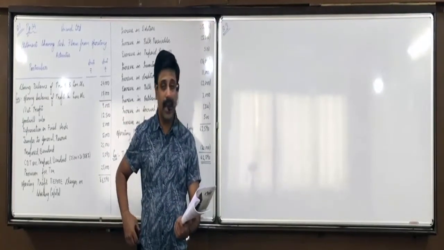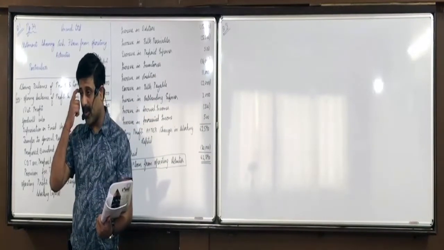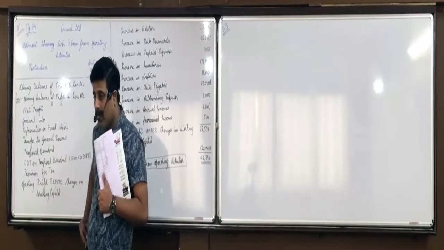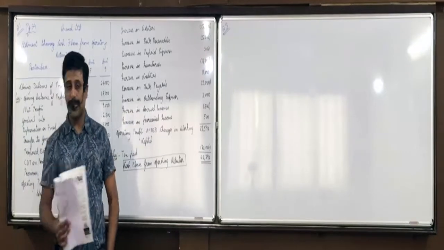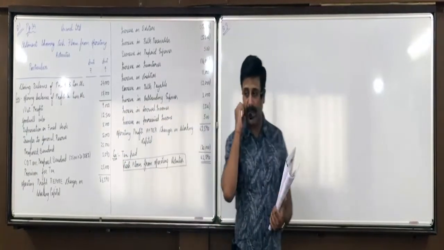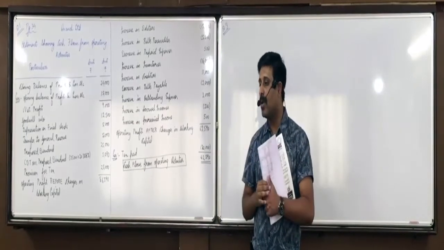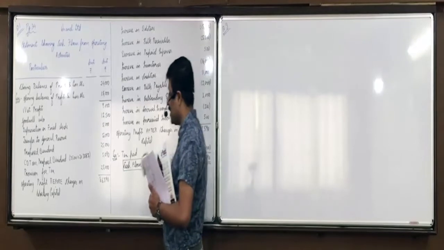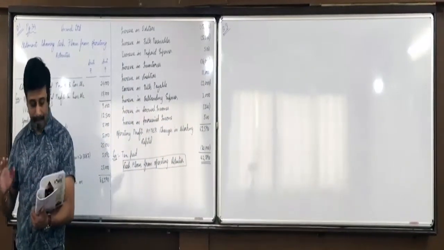Write below that, accumulated depreciation 9,050. Now it was sold for 45,000. What is the book value? 40,950. And sold for profit during the year. Write on that, profit 4,050. How do you get 4,050? 45,000 minus 40,950. What will be the effect of profit? O minus. Profit, O minus, it is a non-cash income. So O minus. Any doubts with this?